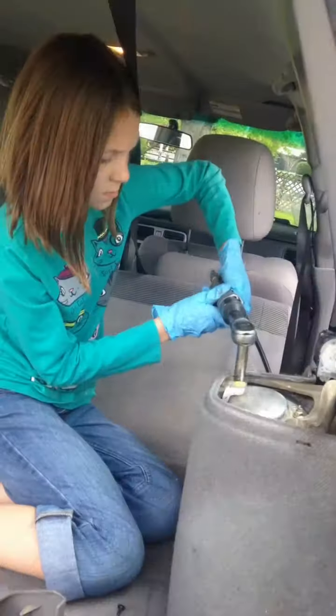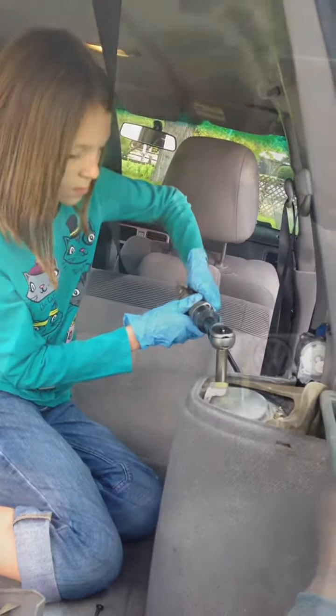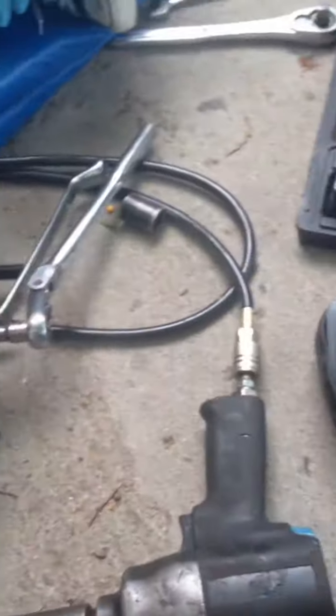Okay. My helper B taking the upper nuts off. So once you get the strut assembly out, if you can buy a strut with a spring and a mount already all together, then do that because it'll save you some extra work, but that wasn't available on the rear